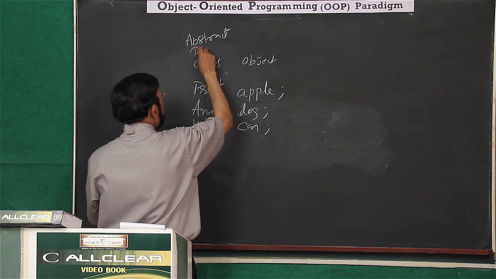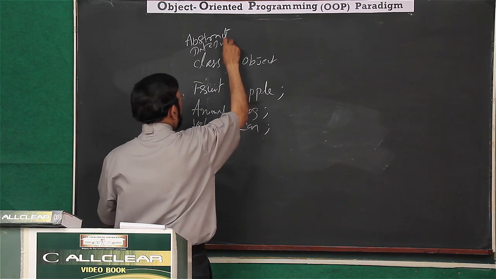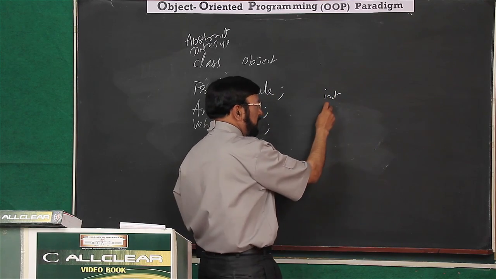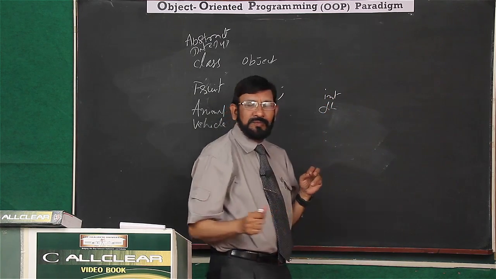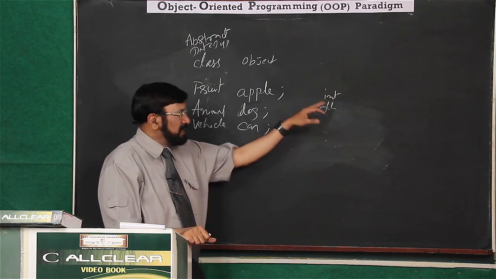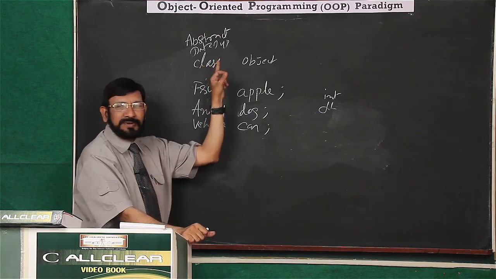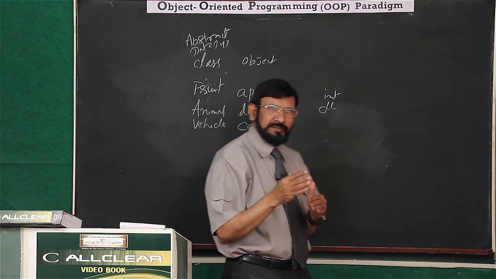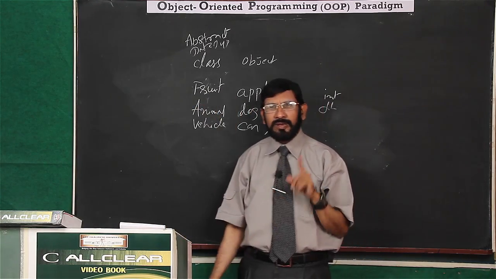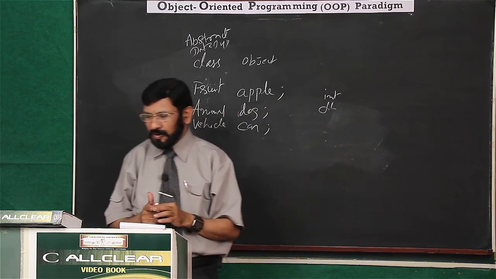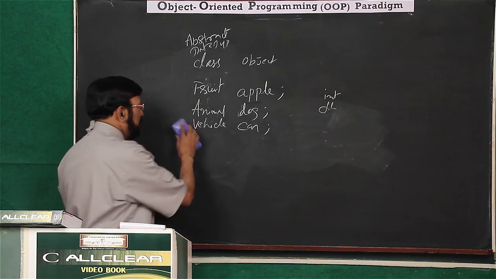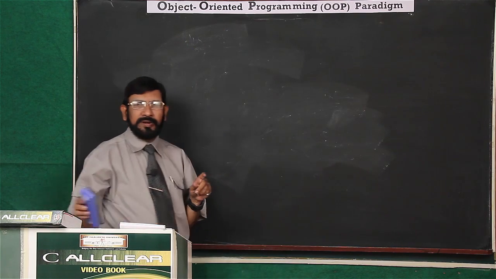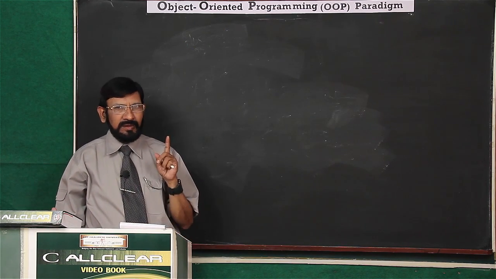Abstract data type. Now, this one in C, what you call int, float, char, and all that, primitive data type or primary data type. These are abstract data types. This point you have to understand because our study journey starts from here only. Class and object. So whenever you require an object, then first thing is you have to create its blueprint. That blueprint is called class.